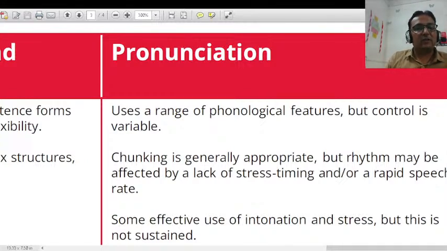Then you need to use some connectors. Okay, I wake up at 5:30, after that. Okay, so these are the connectors that you can use for gaining fluency. You must have the right connectors. Either you can say then, rather than using after that, or you can use